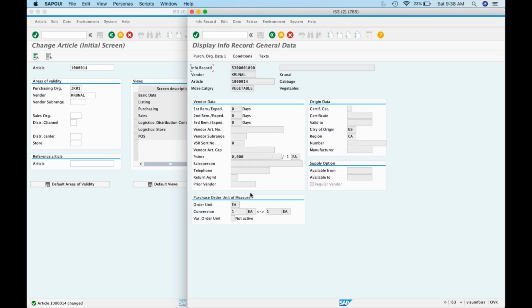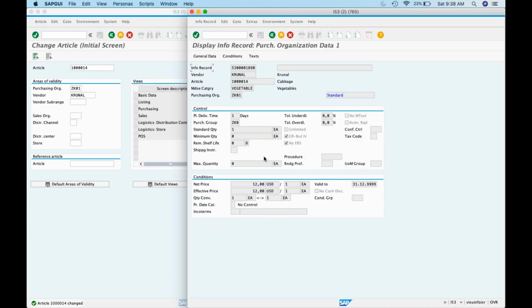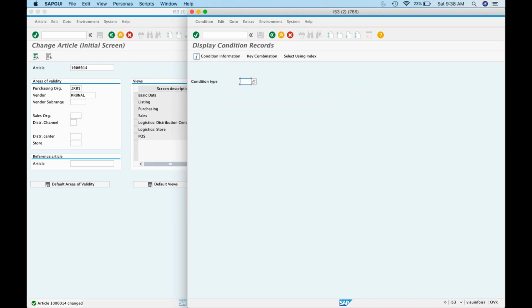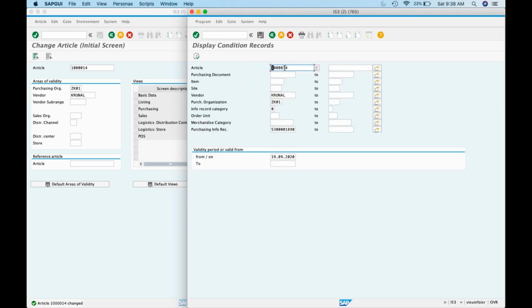Now if I go to purchasing data, automatically 12 USD is displaying. Similarly, if I go to MEK3 and give PB00, click on conditions for article, Krunal, purchasing organization, and remove this purchasing, see, it brings that only. Now you enter.